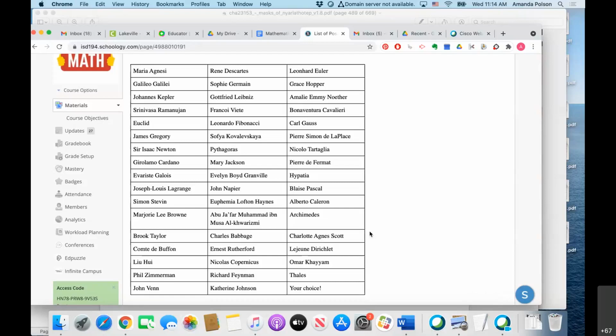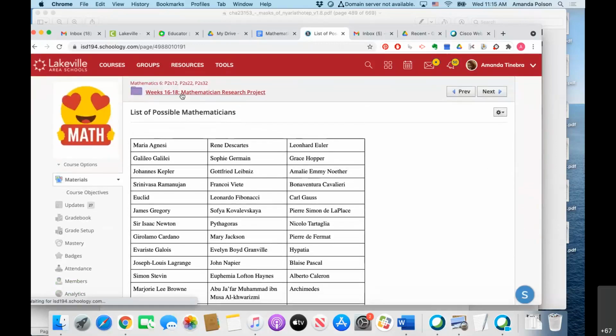So, if you see the person on here who had something in common with the mathematician we did before, that's awesome, and you could use that person, okay? But otherwise, I really recommend looking up some of these people and picking someone who you really think sounds interesting, someone who is going to be a good person to focus on, who you think spending 3 weeks reading about is going to be interesting. So once you pick your mathematician,